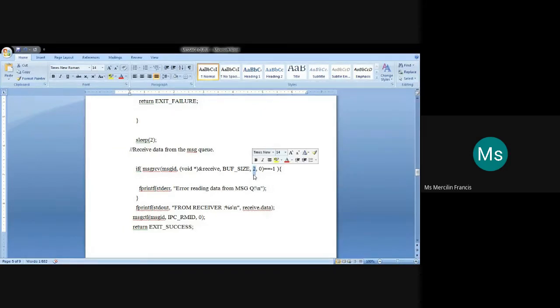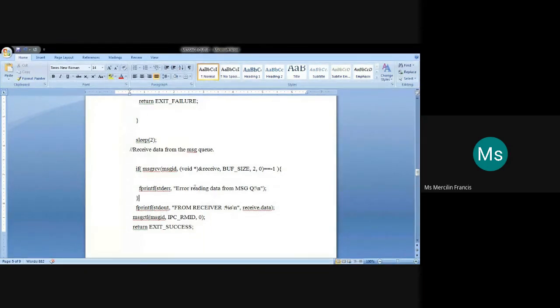So here the sender will be receiving the message of type 2. If this function returns a negative value, then there is an error in reading the data from the message queue.